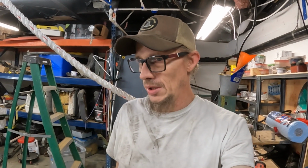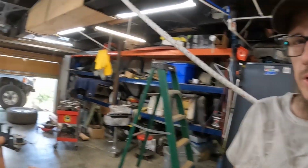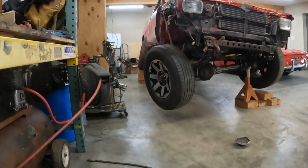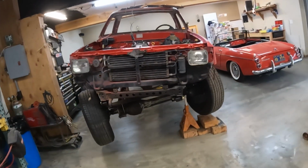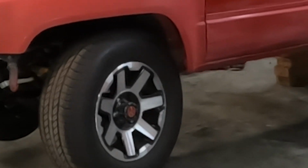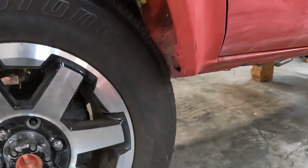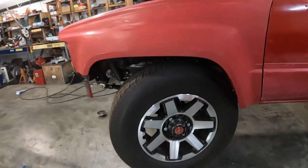So a little bit of garage flex never hurts, right? And I'm about as far as I'm gonna get before I start trying to drop this thing on myself. So here's what she looks like. Definitely give me some rubbage right here, a little massaging, and then